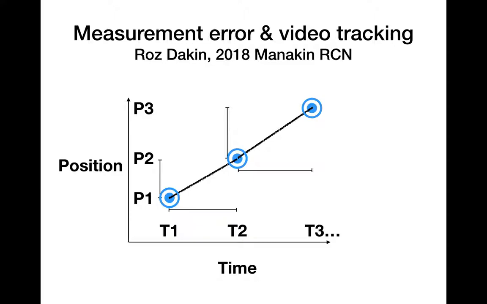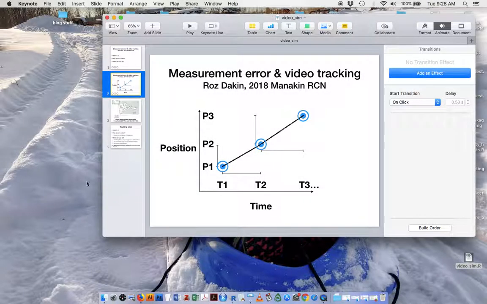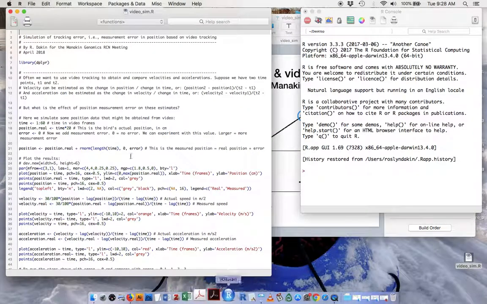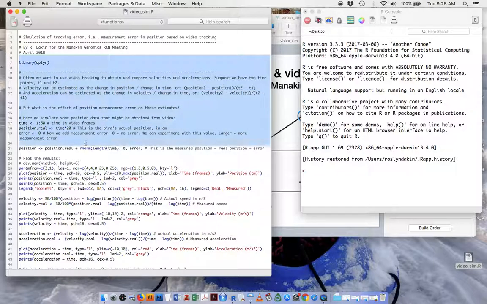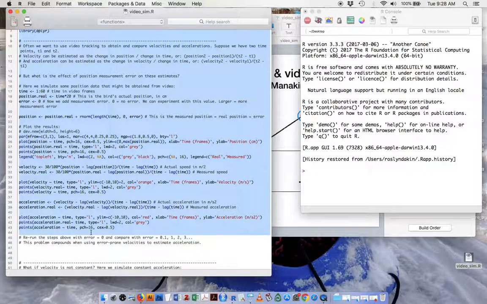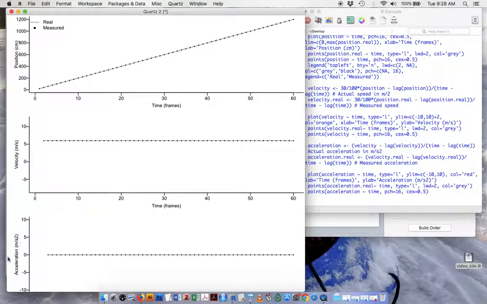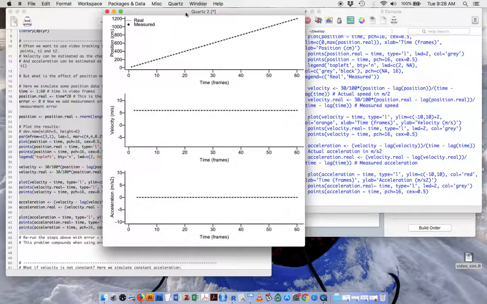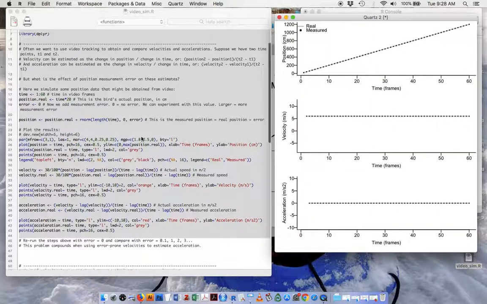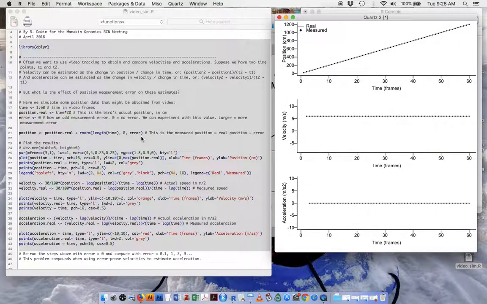And so I'm going to show you what influence measurement error has through this little simulation where I generated some fake data, and I did this using R. And I'm going to post this simulation on GitHub, and I'll add the link in the description of this video so that you can dig into the details yourself. So I'm going to just run the first part of the script, which generates some simulated data for an animal's movement over time,